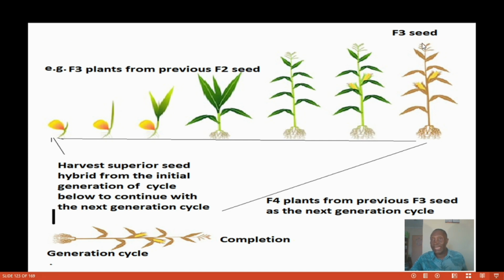And we now get the F3 seed harvested from the F3 plants,